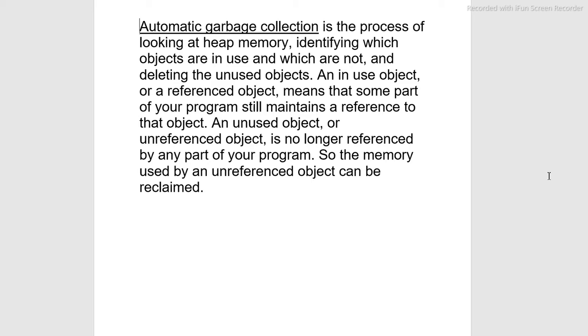An unused object or unreferenced object is no longer referenced by any part of your program. That means an unused object is not referred to at all. So memory used by an unreferenced object can be reclaimed.